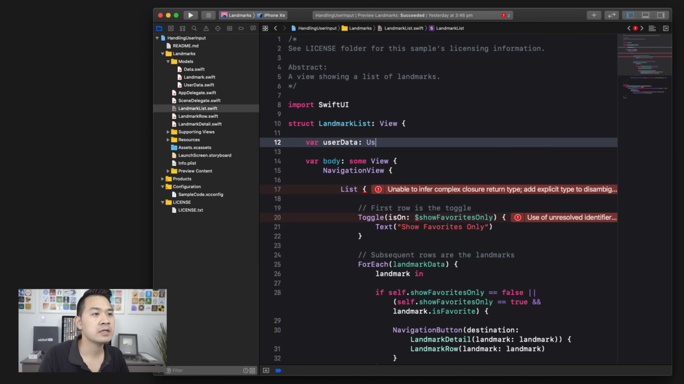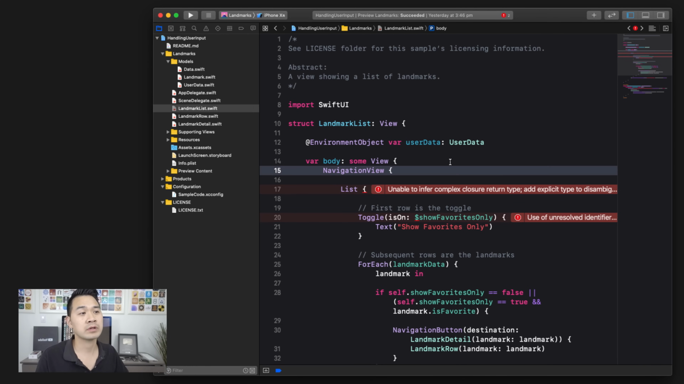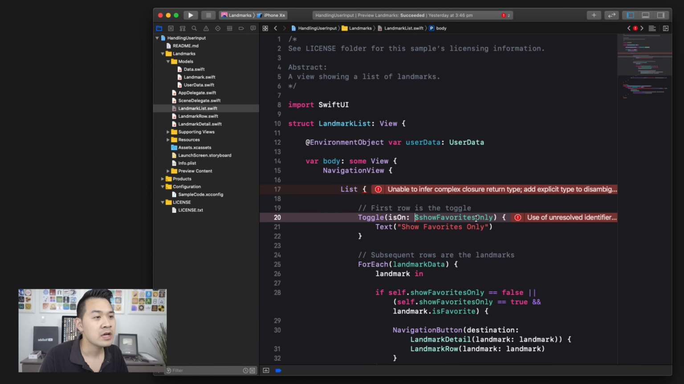So I'll call this user data. It is a data type of user data, and we're gonna put this special modifier on it. We're gonna say that this property is going to hold the environment object, or in other words, just the model for this view. So before I go ahead and tell you how we're going to set this user data property, let's fix some of the errors that have appeared here. Because this toggle is still bound to that state property that we just deleted, we need to change this so that it references the user data show favorites only property. So what we do instead